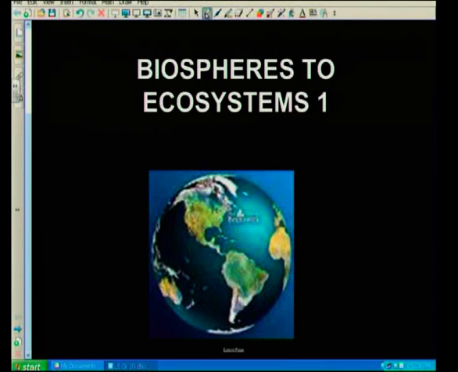Now, when you look at this picture on the screen, you will notice that it represents the whole of the planet Earth. We're first going to look at the biosphere, and then from here we're going to move on to the smaller ecosystems. So let's start by looking at the key concepts concerned with this